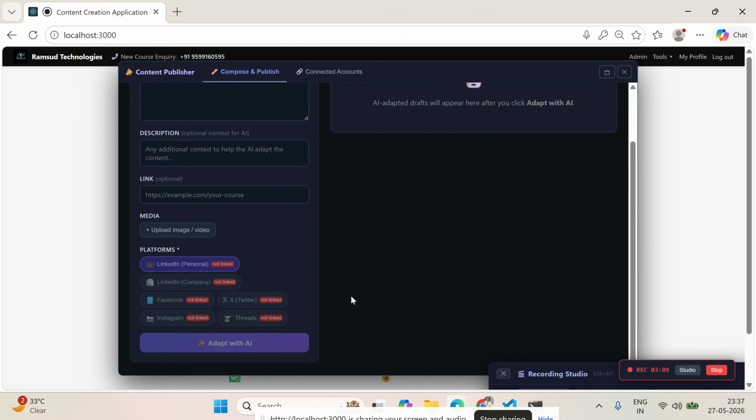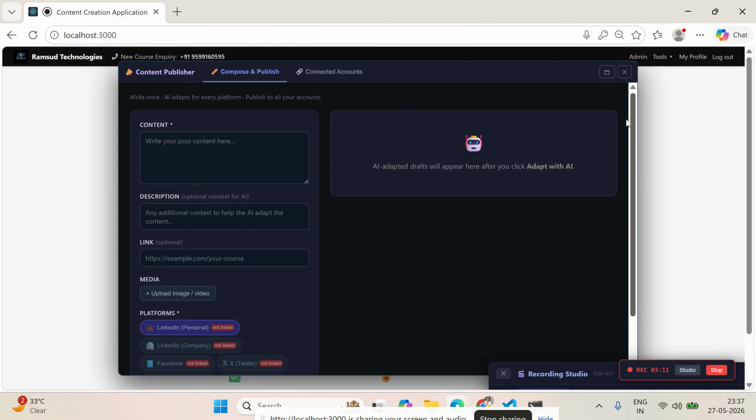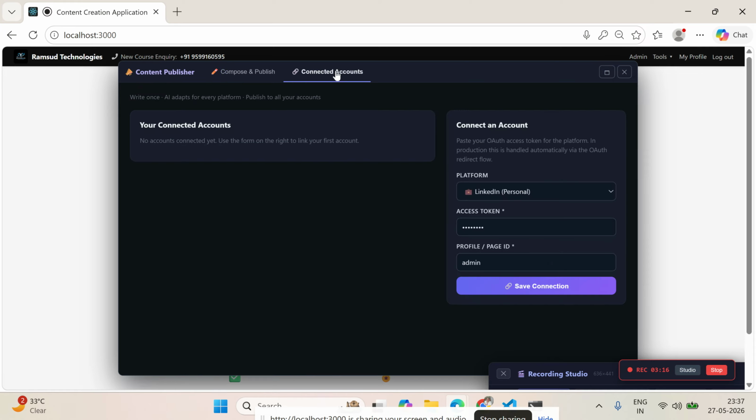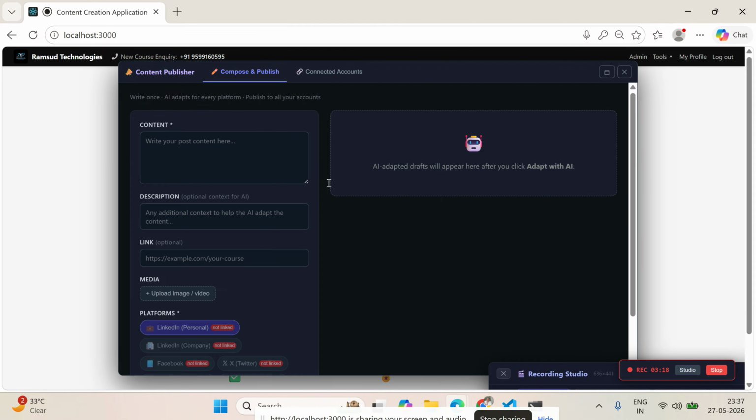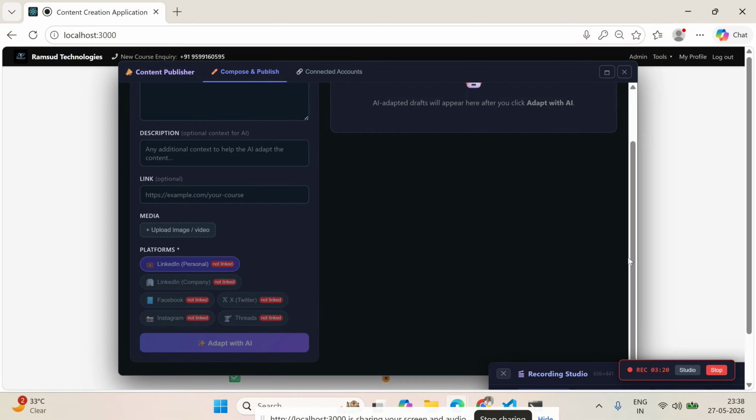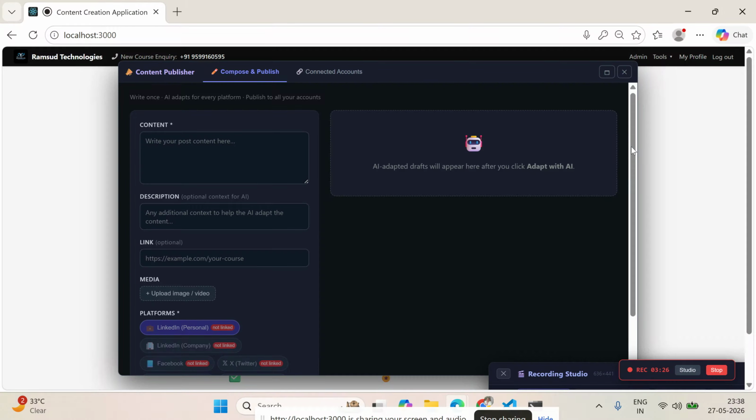Then you say publish, and it will publish on the various accounts. If you're a content creator, a lot of time is wasted generating content and pushing it to various platforms, so this is something we wanted to demonstrate.